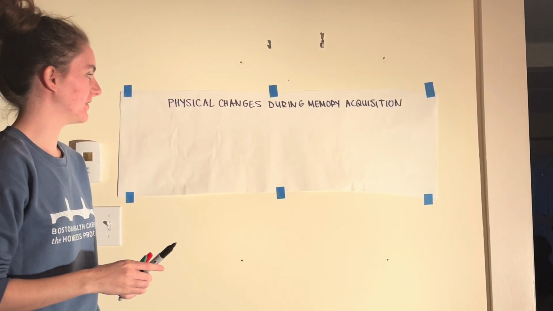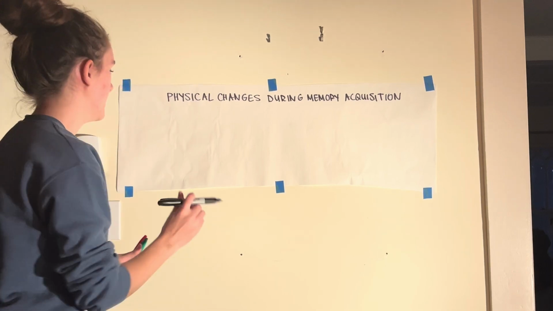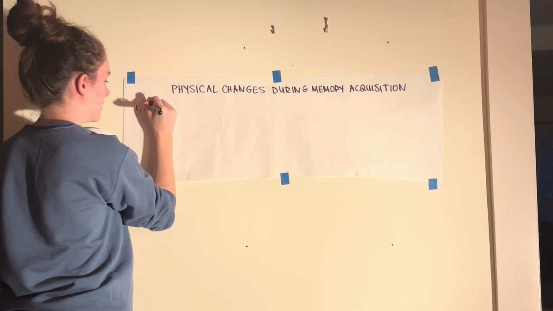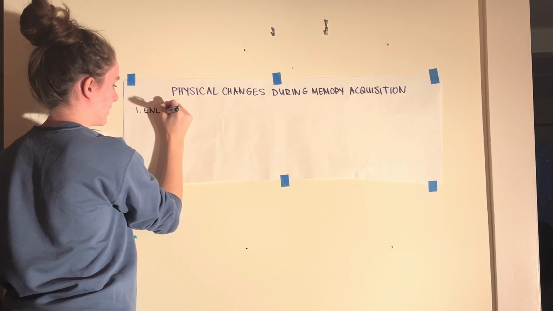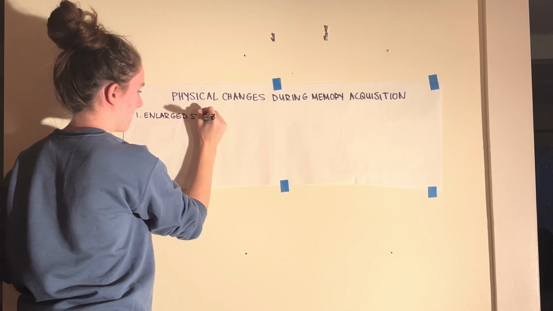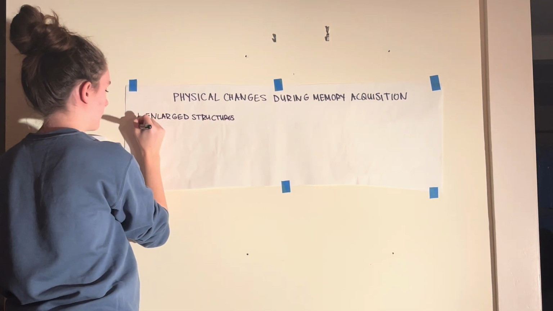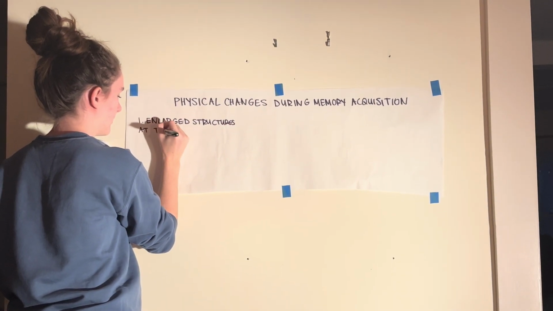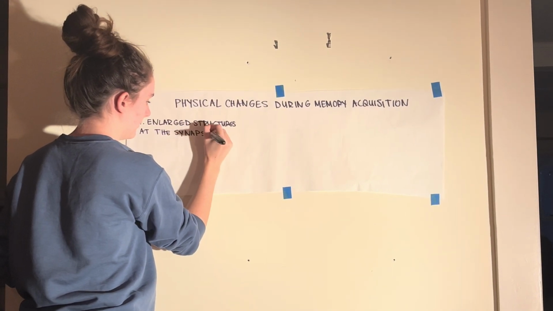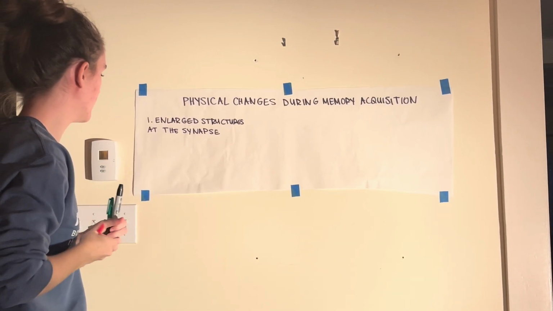In this video, I'm going to talk about the physical changes that happen at the synapse during memory acquisition, so during learning. So the first one that we'll talk about is enlarged structures at the synapse. There are a few things that can happen here, and I'll describe 3 that might happen. So the first one,